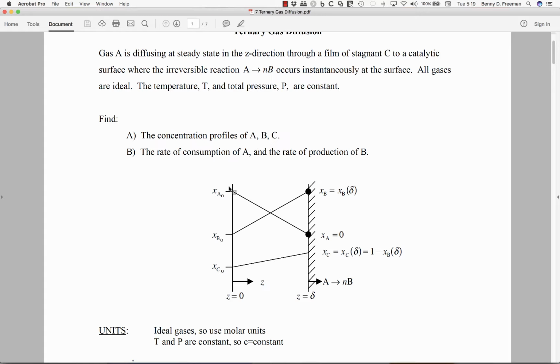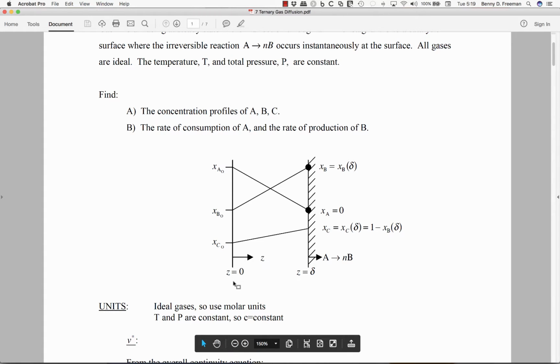And so we start out with a situation where the reactant A is present outside the boundary layer in a well-mixed layer at a concentration of XA0. The axis is set with Z being 0 at the edge of the boundary layer. Beyond the boundary layer, compositions of all the components A, B, and C are constant, and within the boundary layer the concentration of A decreases down to the catalytic surface, where its mole fraction is equal to 0, and the concentration of B, the product of the reaction, of course goes in the opposite